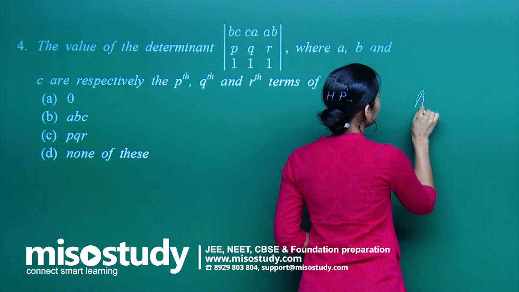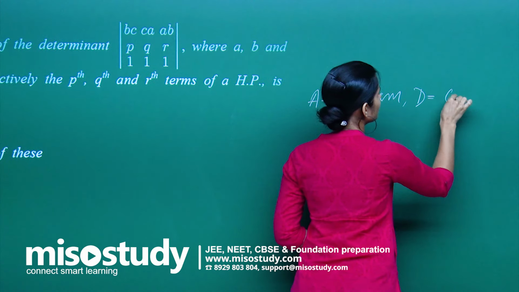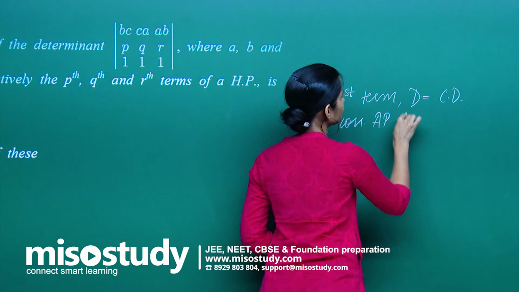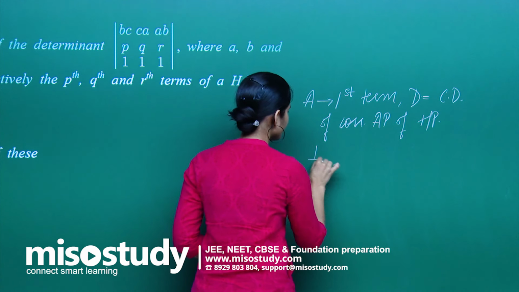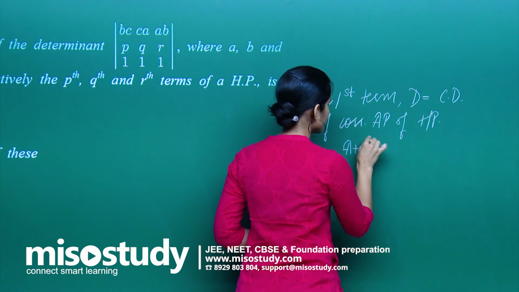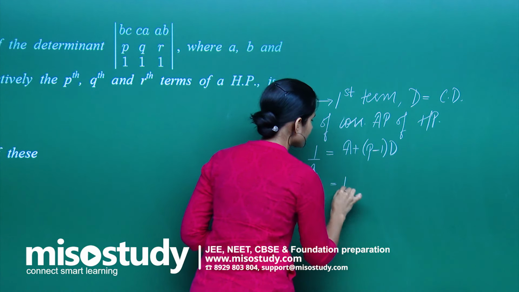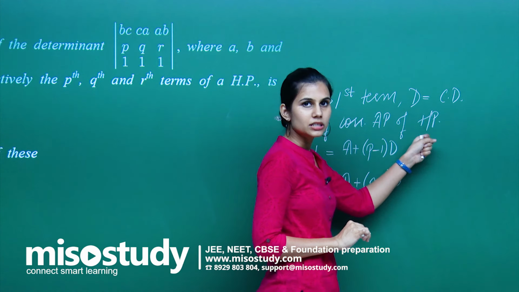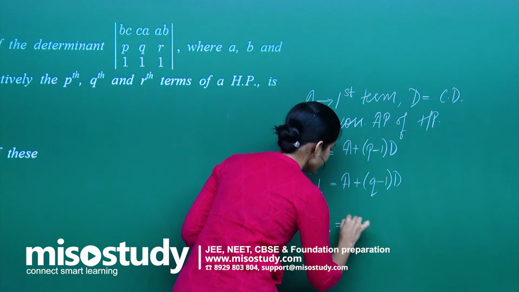So let A be the first term and D be the common difference of the corresponding arithmetic progression of this HP. Then if small a is the pth term of this HP, then 1 upon a is the pth term of this AP, which is A plus p minus 1 into d. Similarly, the reciprocal of b is the qth term of this AP because b is the qth term of this HP. And because c is the rth term of this HP, its reciprocal will be the rth term